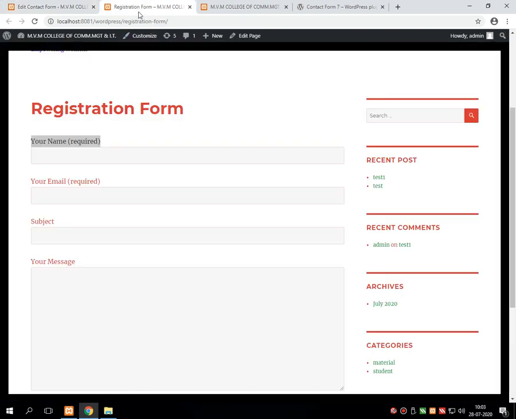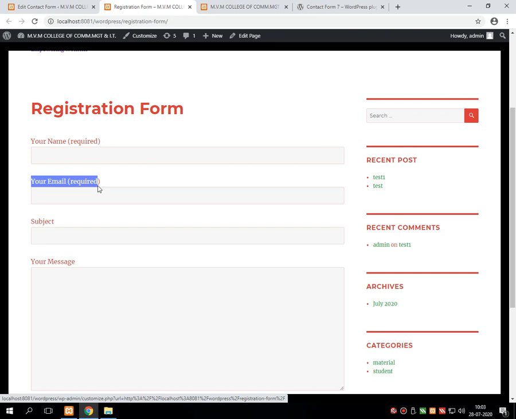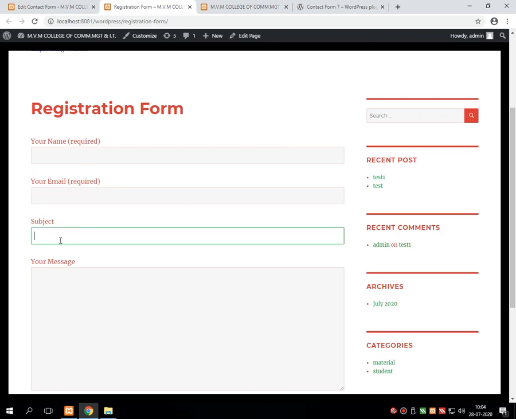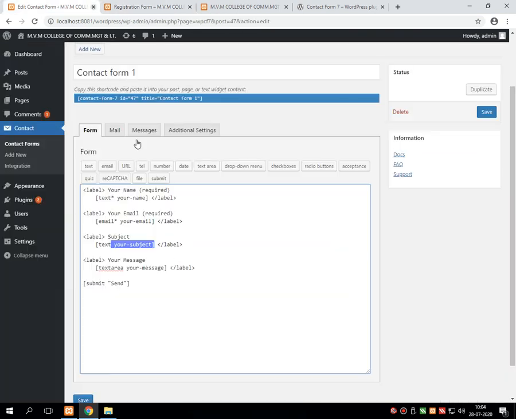It will display another text box with a label on the screen. That means these two. Then the third label is subject. It's a plain text where your subject name is given, which displays these two.